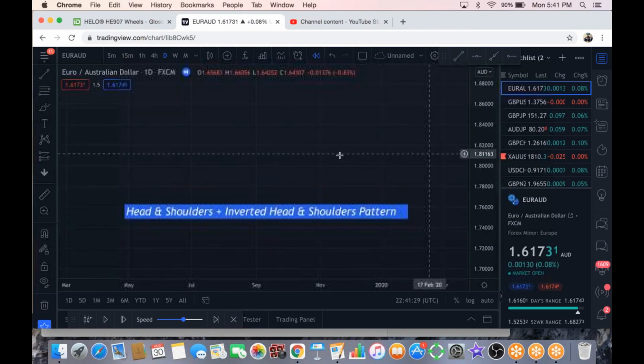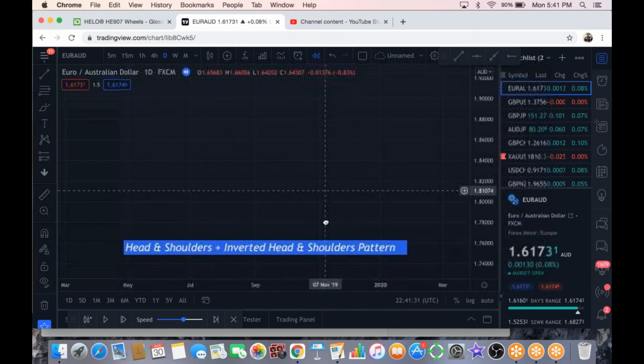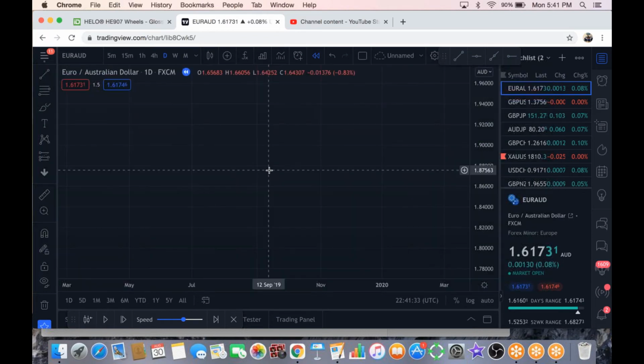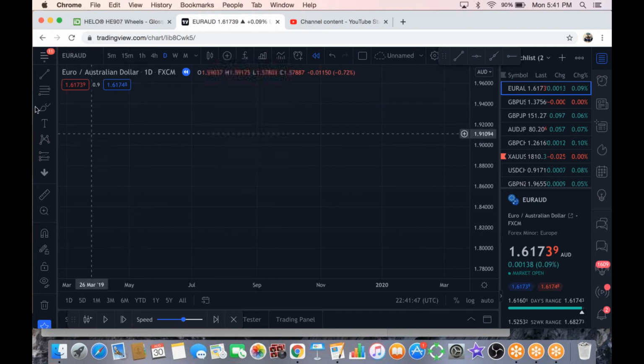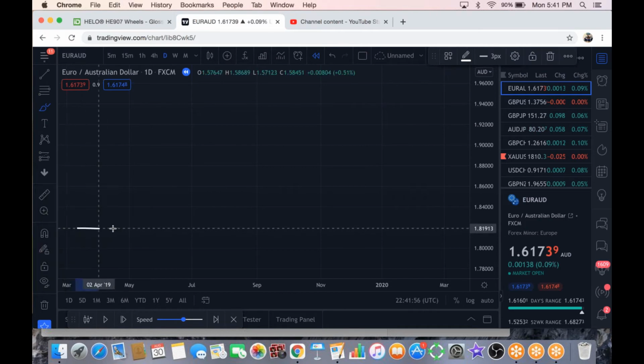Looking at the head and shoulders pattern, I want you guys to understand that when you look at a human being and you stare at them, they have two shoulders and a head, right? Their shoulders are pretty much even level with their other shoulder, and then the head usually sticks above the shoulders. So in trading format, what that looks like is the market does some kind of movement,